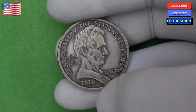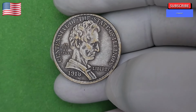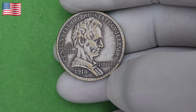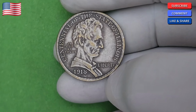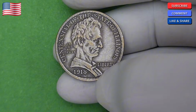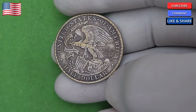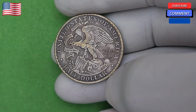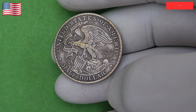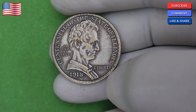of U.S. coins. In conclusion, the 1918 no mint mark Walking Liberty $50 is not just a collectible, it's a masterpiece of American numismatic art and an investment-grade rarity. With its majestic design, historic origin, and incredible scarcity in high condition, it continues to captivate the attention of collectors around the globe. And with values soaring as high as $340,750, it's clear that this coin isn't just part of our past, it's shaping the future of rare coin collecting. Whether you're a seasoned investor or a passionate hobbyist, this coin represents the pinnacle of what makes US coins so